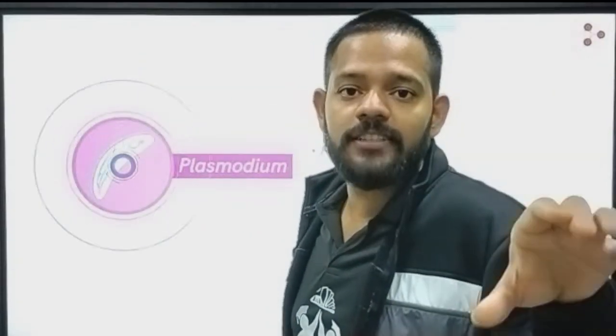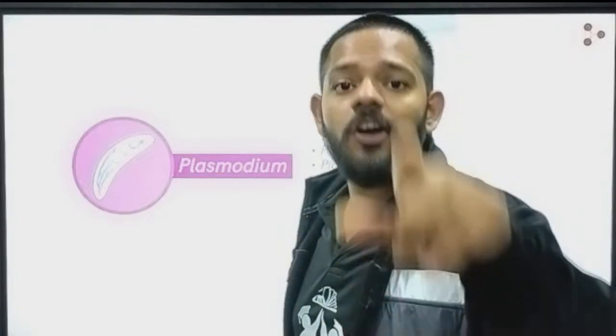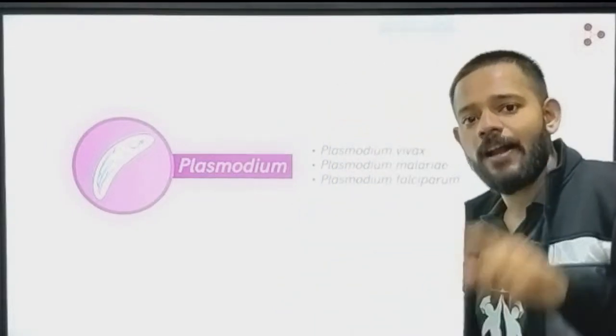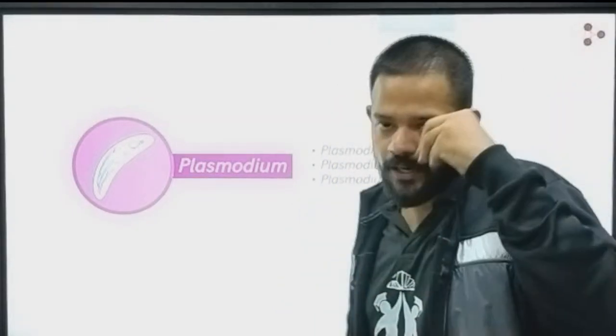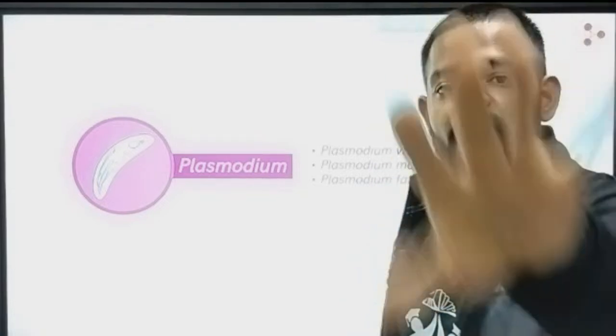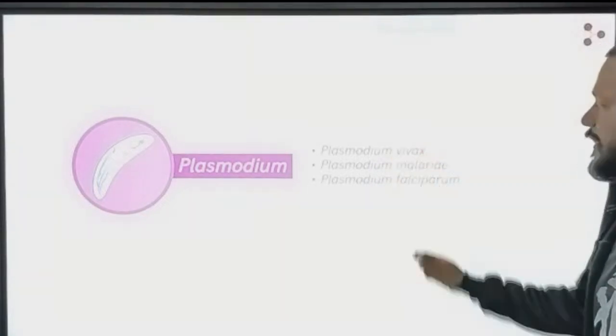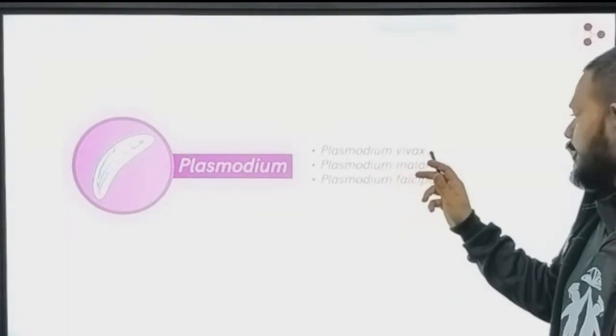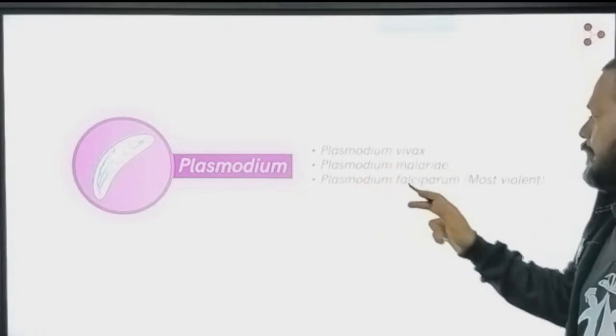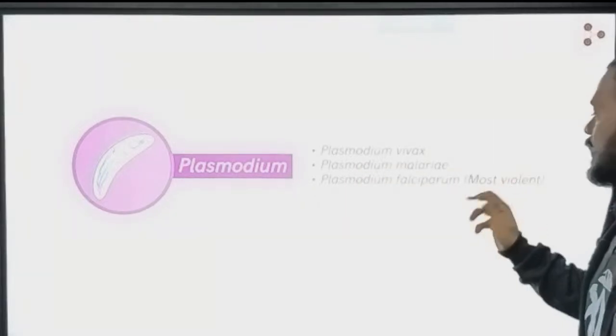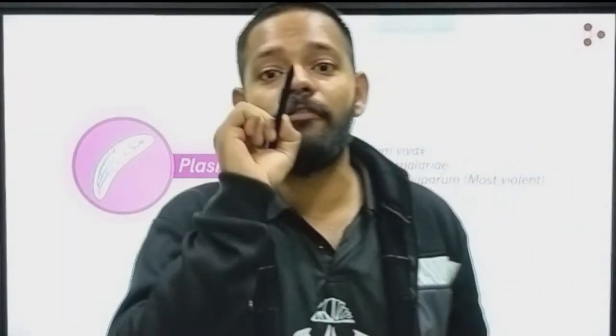The actual causative agent of malaria is the protozoa Plasmodium, a microorganism. Plasmodium falciparum, Plasmodium malariae, and Plasmodium vivax are a few species of Plasmodium that cause malaria in humans. Plasmodium falciparum is the most violent species of malaria, and can also be life-threatening. So when does the mosquito come into the picture? Well,